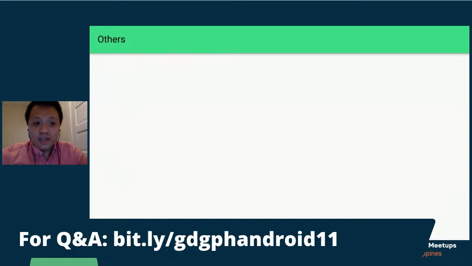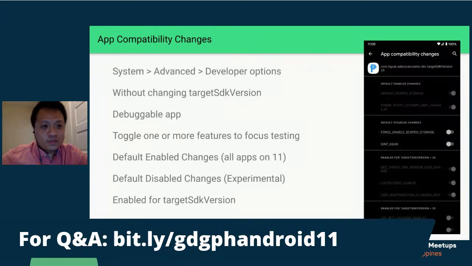There's a lot more. These are, for example, what we're supposed to be doing now. We're going to check our existing application.